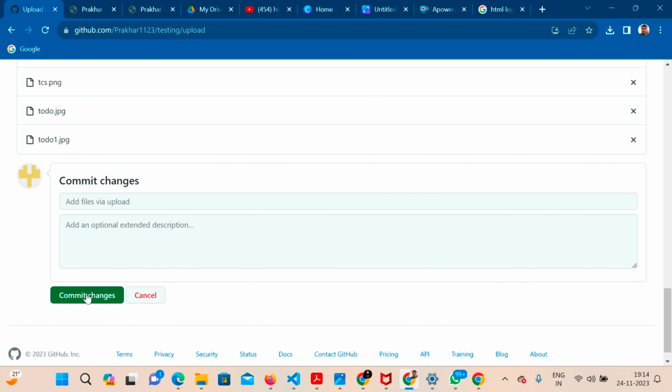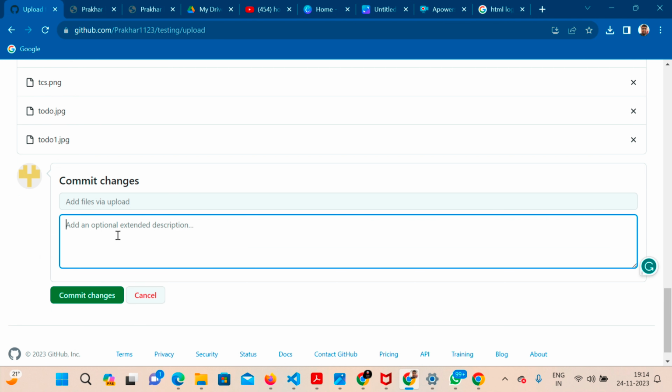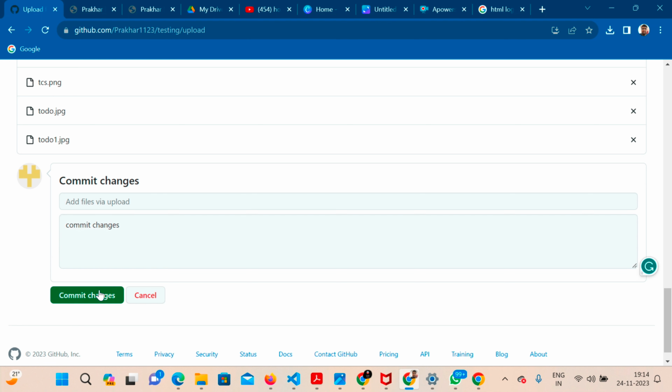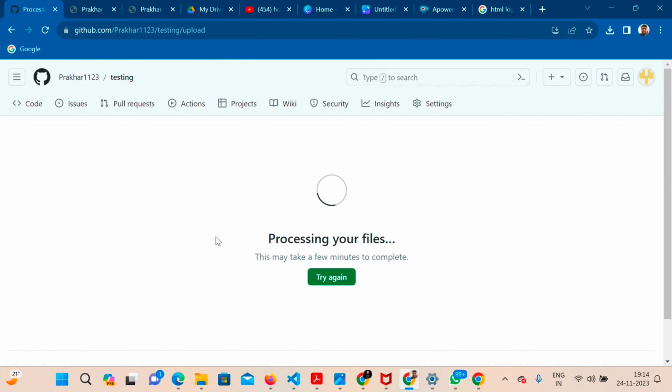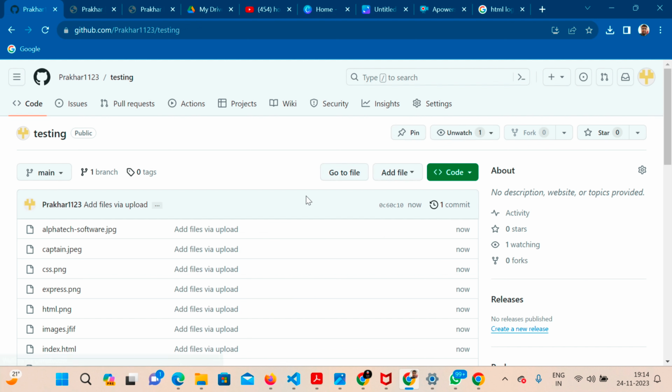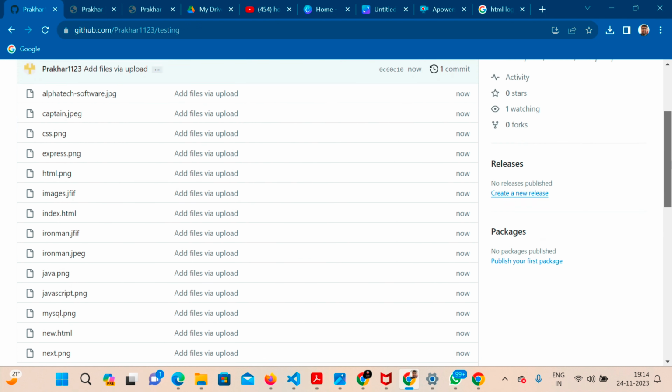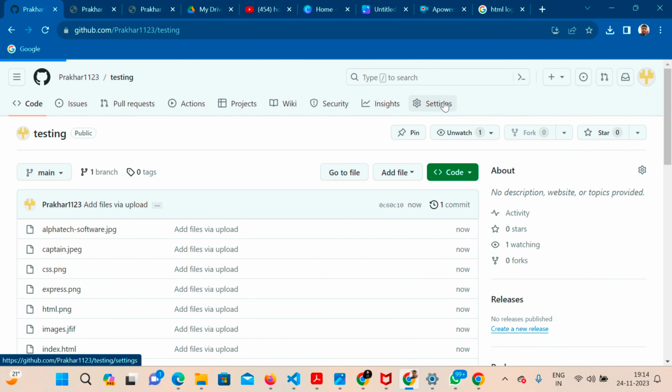Then I have to write some comments. You can leave it as well. So like, comment changes. Then if you click on commit changes, it will take some time to process the files, and we'll wait for a couple of seconds for the files to be processed. Yeah, the files have been processed, and once all the files are there, you have to go to the settings, and in the